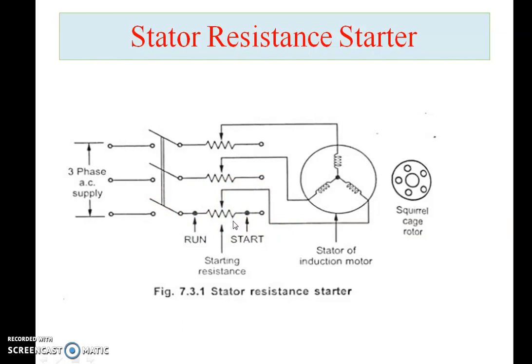Okay, so this is nothing but a very simple method which is used for the starting purpose to reduce the heavy starting current. Simply we have only resistances, and as I know, resistance is opposition, it will create opposition to the flow of current. This principle is used to reduce the heavy current. Okay, the advantage of this one is that it is very simple in construction and it can be used in various applications, but the disadvantage is that during the starting position every resistance comes into the picture. So there are heavy losses which will create way more heat in the starting period.